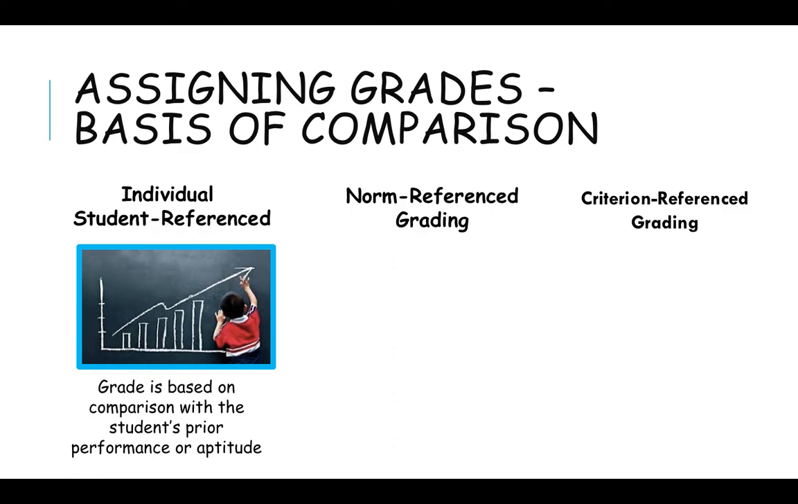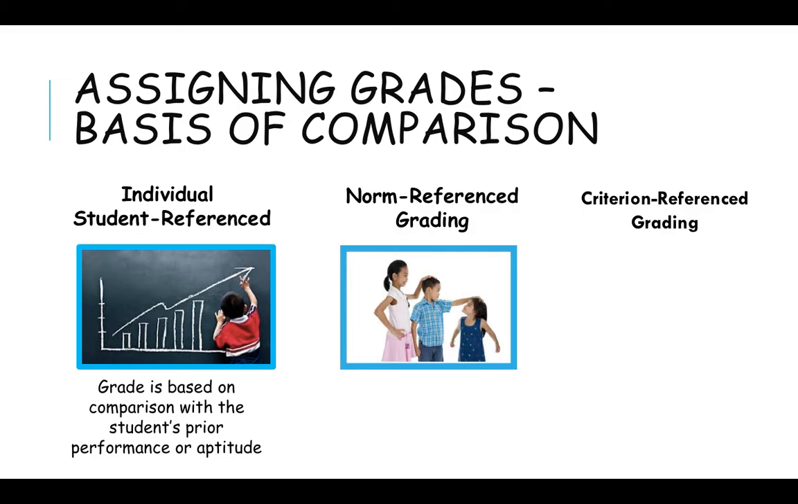So the main two that we'll focus on are norm referenced and criterion referenced. Norm referenced is when we're comparing students to each other. So students are compared to each other's performance. How do they measure up to each other? Now there is a place for this in education,